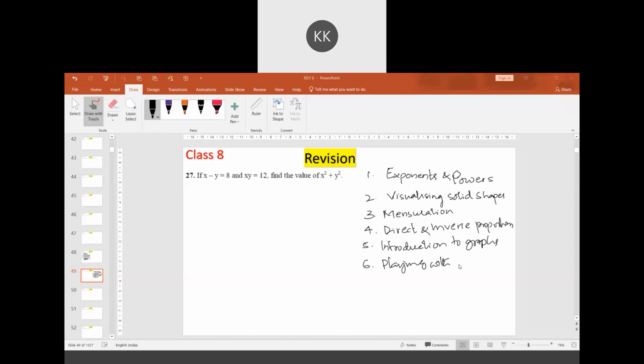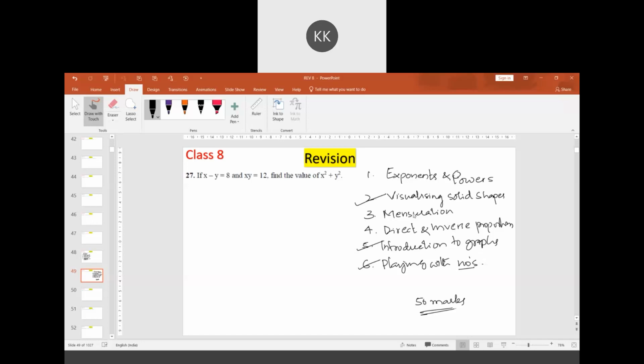Sir, this is the PT3 exam, no, sir? So 50 marks, MCQ type questions. When will the annual exam be, sir? March or April, let's see. After this exam, all these chapters will come. Introduction to graph is easy. Visualizing solid shape is easy. You give one more chapter.